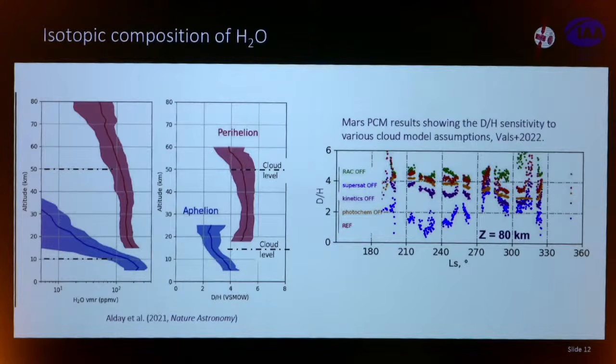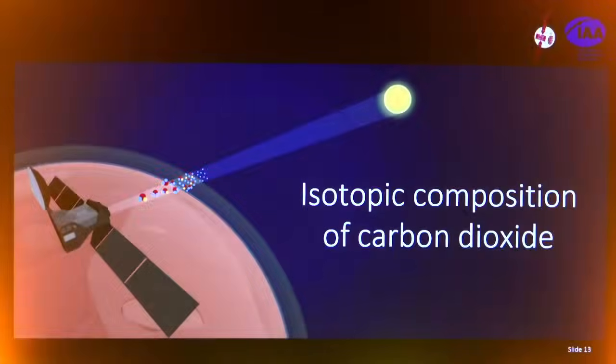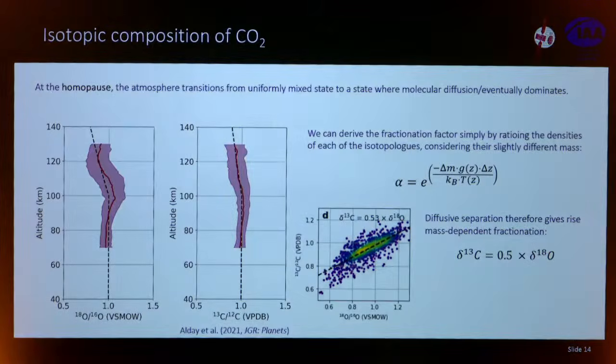And that has strong implication on the propagation higher up for D and H, obviously. And that tells us that we need to be very delicate in the way we represent the microphysical processes involved in the cloud formation. Let's go to carbon dioxide. Yeah, for carbon dioxide, the story is, let's say, easier to understand. There, the question is how both isotopes, 13CO2 and